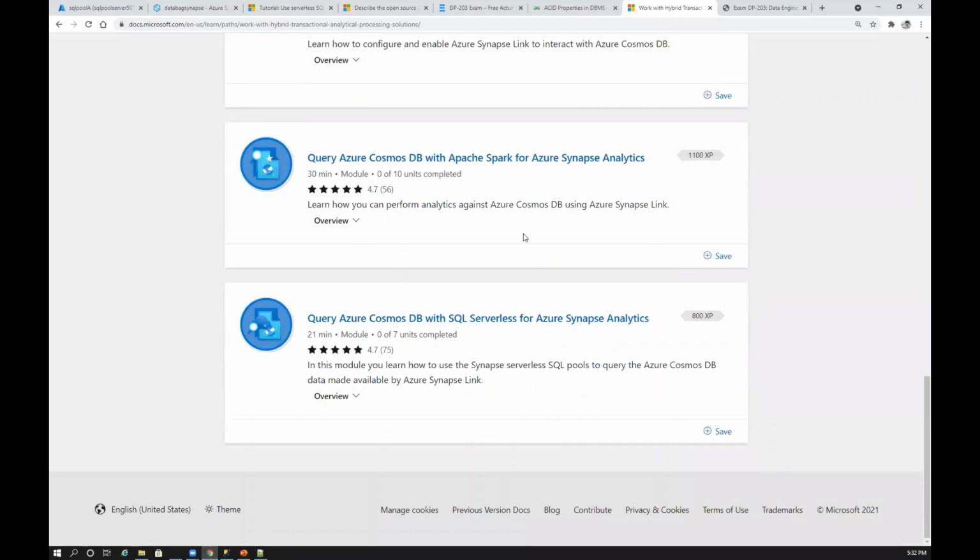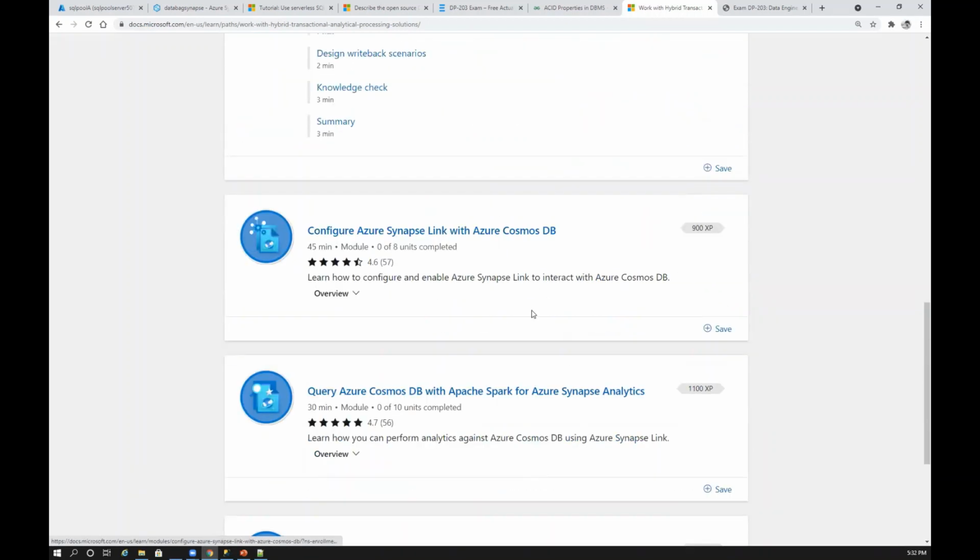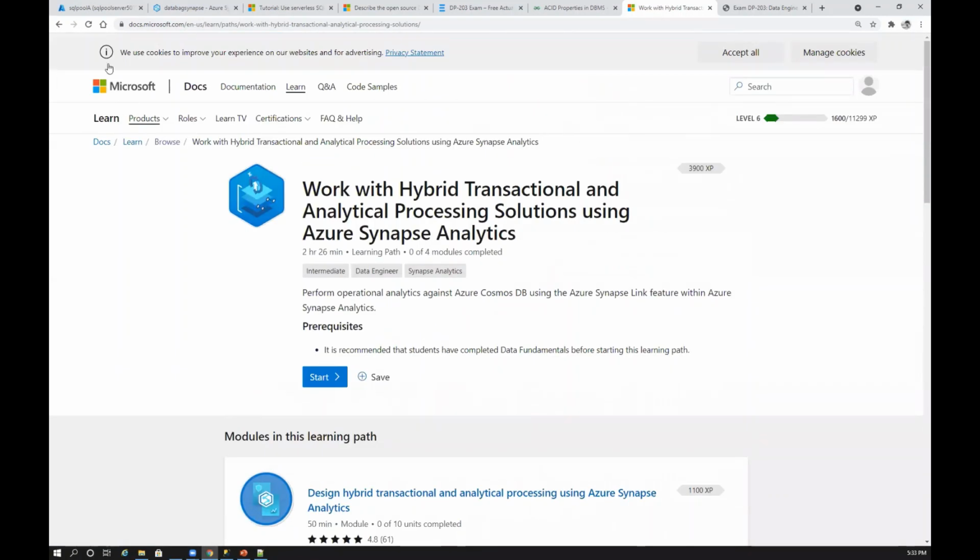So if you wanted to know more about that, you can just quickly, I think this one, configure Synapse link with Azure Cosmos DB. We know what is Synapse, we know what is Cosmos. There is a link between these two. I think that was recently introduced. It wasn't there before. They've added this link. So once you connect this link, you can directly read data from NoSQL database into Azure Synapse. Once you try to read data, then you can query your SQL queries, use Spark jobs to run that data, like semi-structured data and everything you can do in Synapse. So that is what this topic talks about.